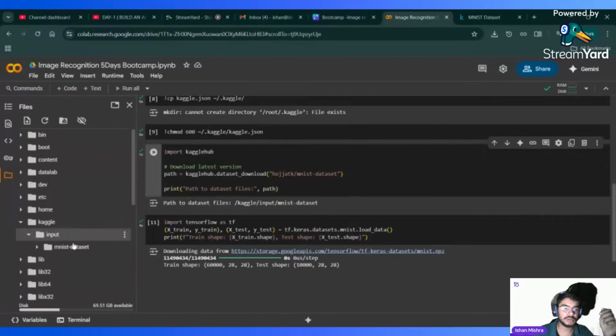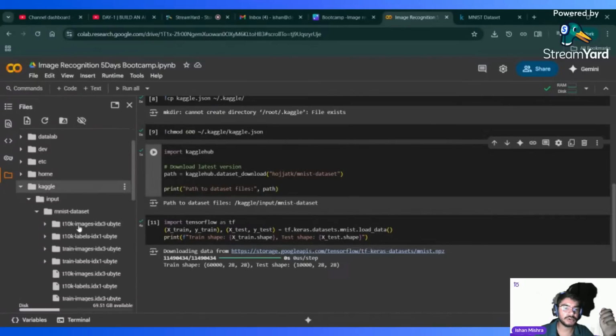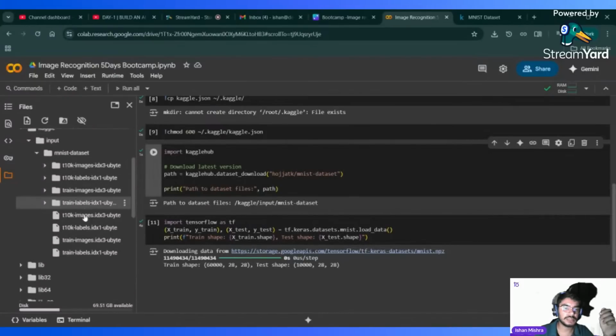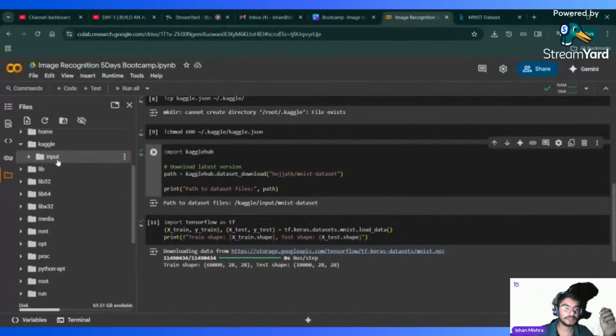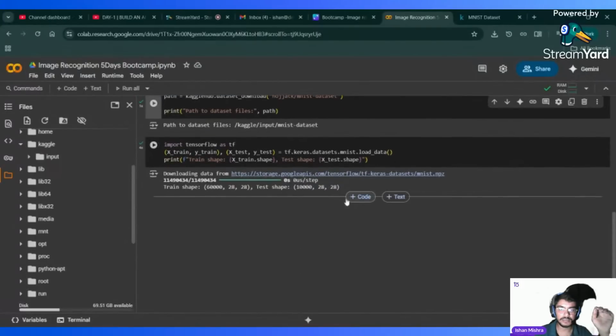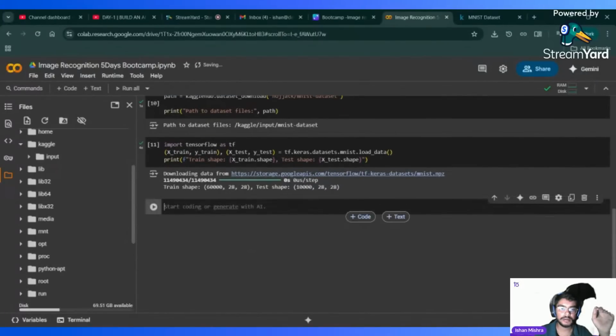You can check whether it is present or not, and once you click on that, you will see thousands of images under that. So till here, are you guys done? So we can move forward. Once you guys are done, please